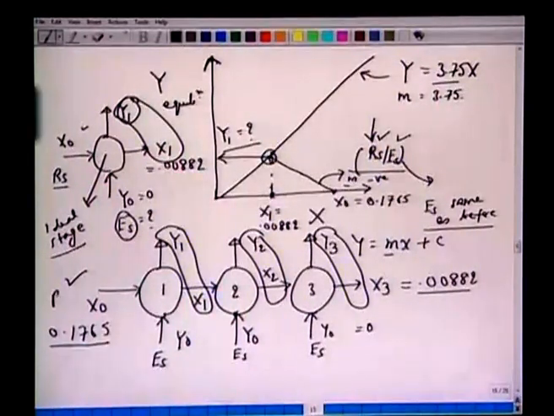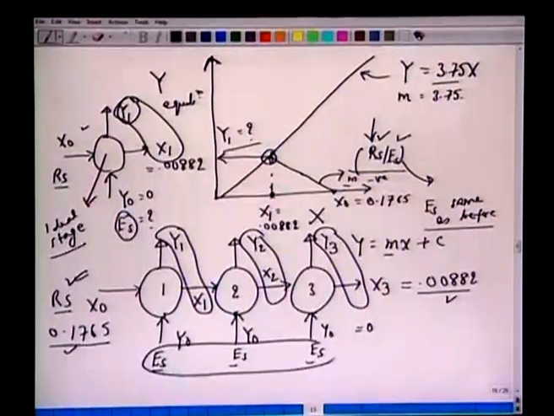Flow rate same as before, 850 kg. So, this is also given, this is given, this is given. Y1, Y2, Y3 they are unknown. Es, Es, Es are also unknown. Y0 is 0 and we have been asked to determine the solvent flow requirement. Es plus Es plus Es or 3 Es equal to what, and compare to the previous values which we obtained as 4,306 kg per hour. So that's the problem.